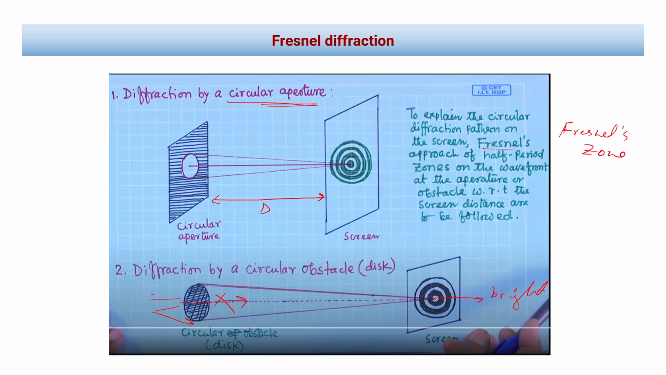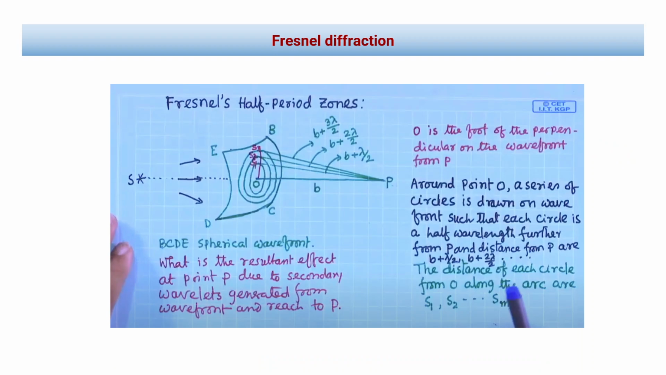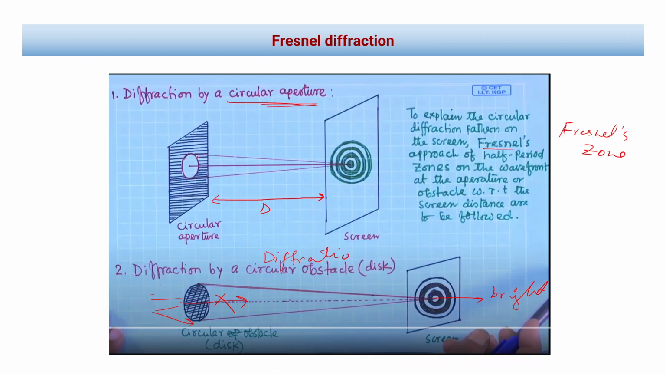Then why am I getting a bright fringe at the center like this? All of this is happening because diffraction is taking place, the bending of light. That's why we get a bright fringe even though the light is not coming directly. Okay, so Fresnel half period zones: we understand that when we are talking about a circular opening, we are